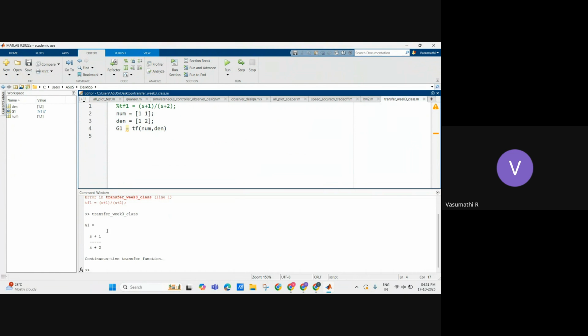This is the transfer function form. You can give it to MATLAB. First, defining a transfer function. The second method is